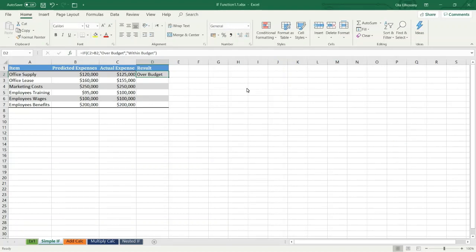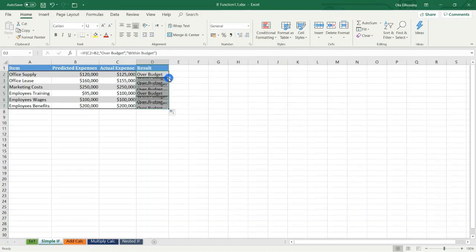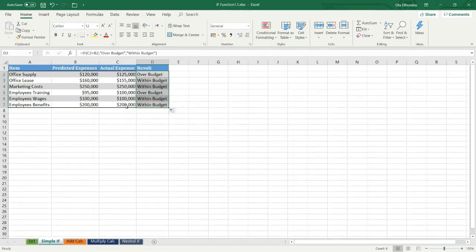And copy down the formula. Okay, like this. In this cell, because the actual expenses are greater than the predicted expenses, the if function returns over budget.